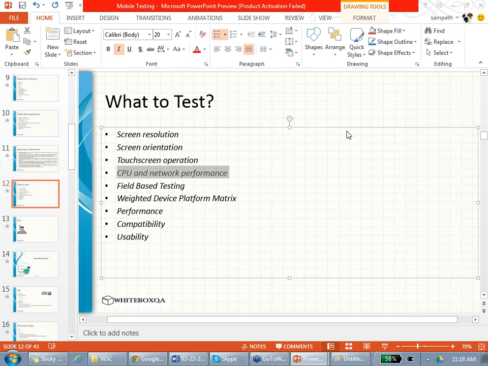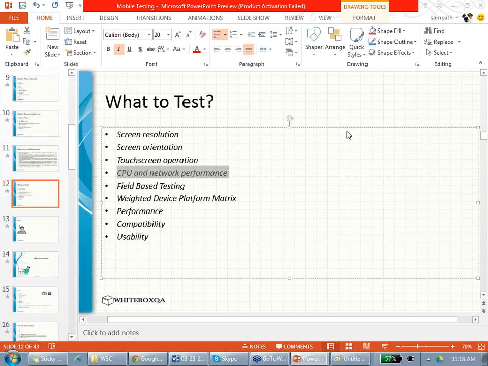Then there is something called field-based testing. This is a really important testing. Field-based testing means you want to test the app on Wi-Fi. You want to test the app on 1G, 2G, 3G networks. You want to test the app with 1 bar, 2 bar, 3 bar, 4 bar signal. You understand, right? The capacity of the signal.